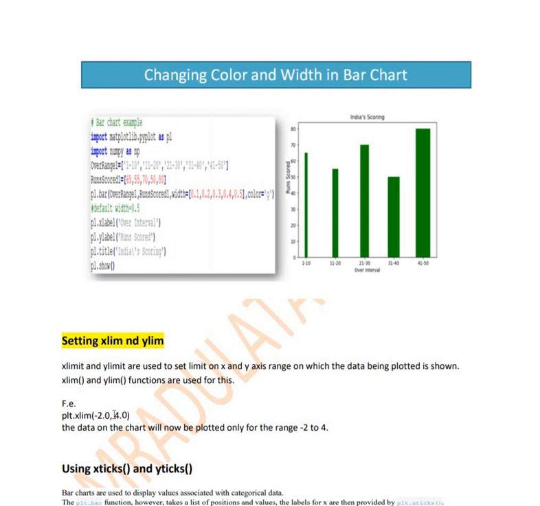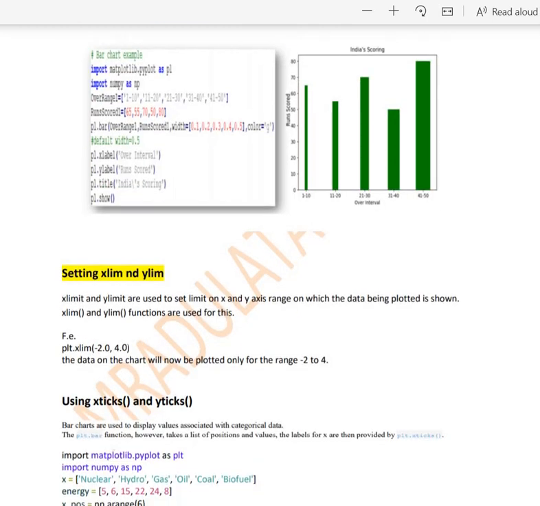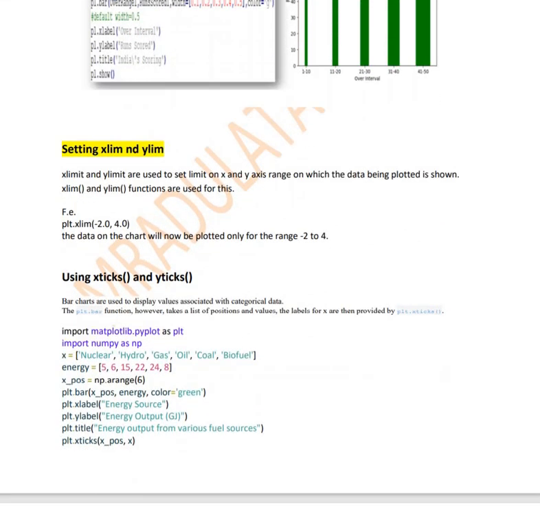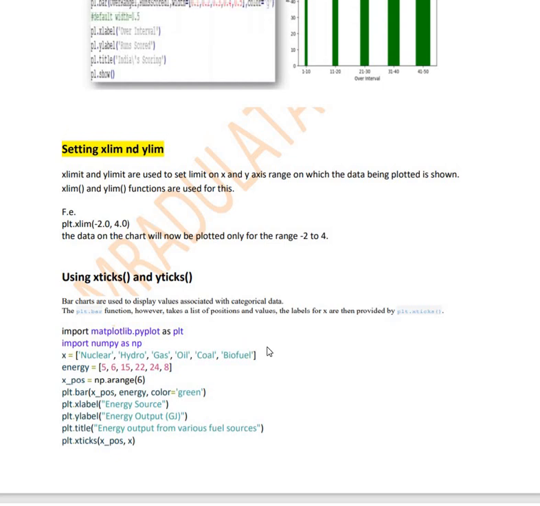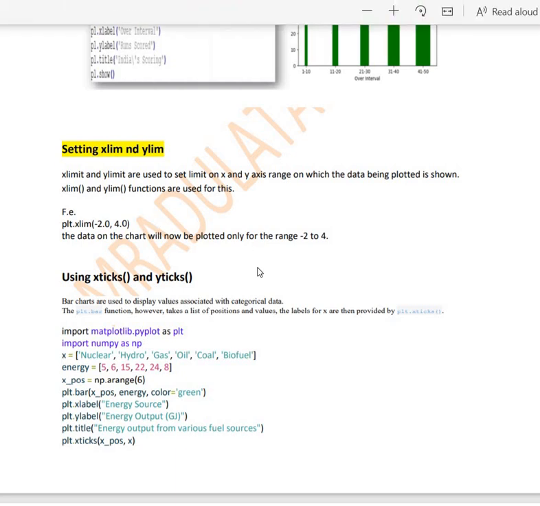But this xlim function only determines the beginning and the end point used in plotting the chart. Next functions to learn are xticks and yticks. The xticks and yticks functions give a customized name for each position at the x-axis or y-axis. We will learn this more practically.